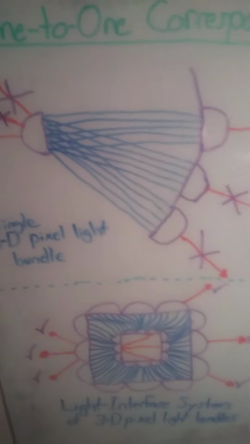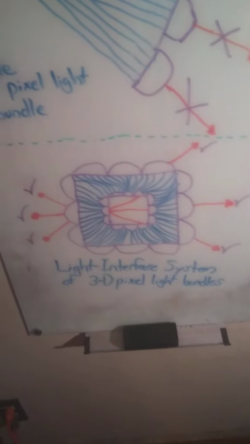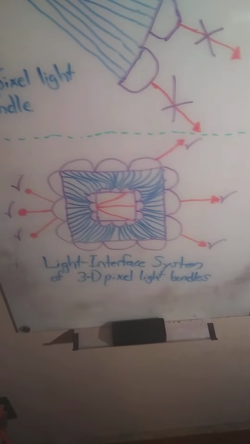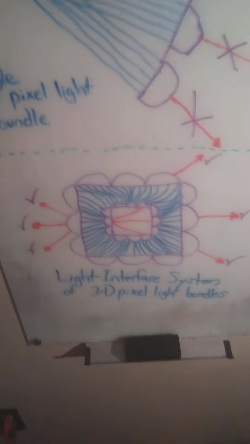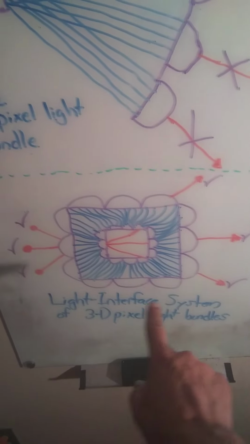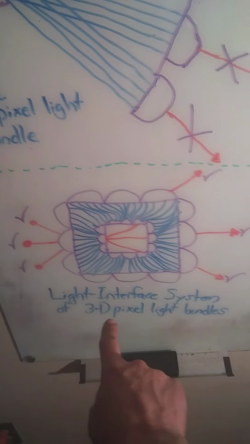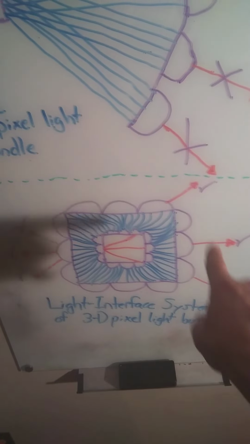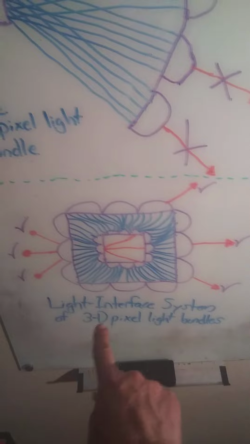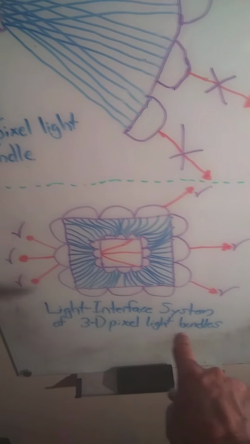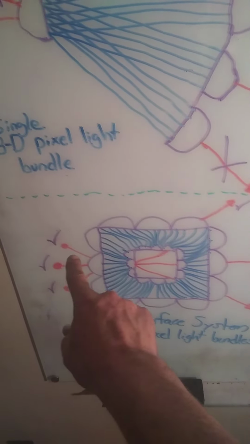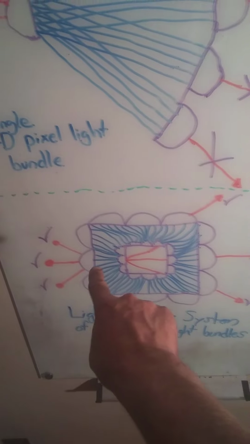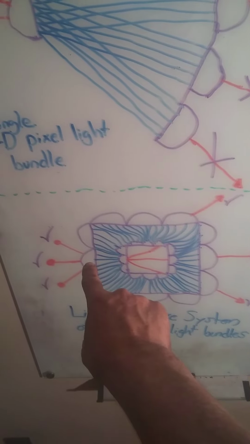But if you took those same strands, same bundles, I keep on saying strands, they're bundles of strands, and if you created a light interface system solution to these other angles that wouldn't previously go through of the 3D pixel light bundles, then they all do check out. A single light bundle,